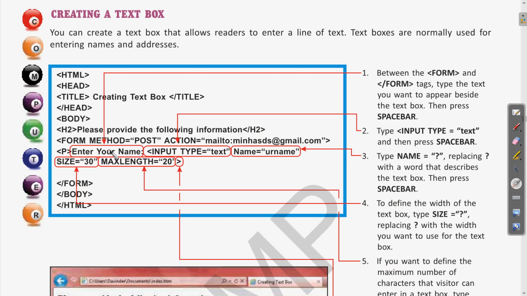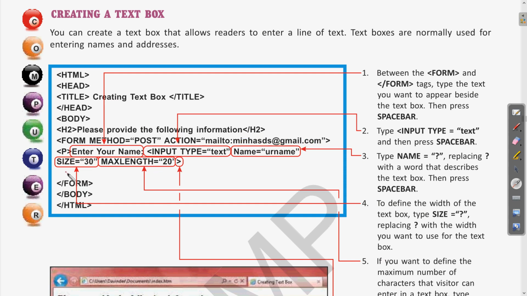Clear? Method we have seen: get and post, whichever we want we can write. As we are submitting this information somewhere, we can use the post method, and if you don't write any of these methods, by default it takes the get method. Clear? And in the action we have written mailto any specific email address.